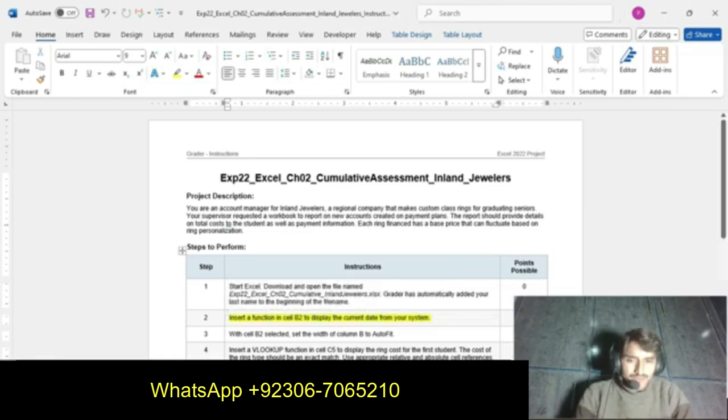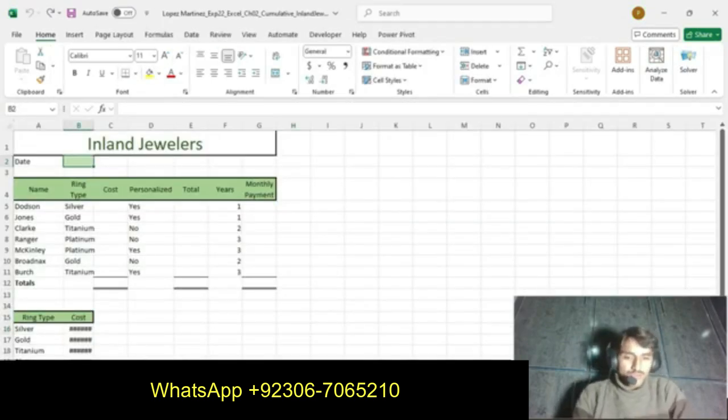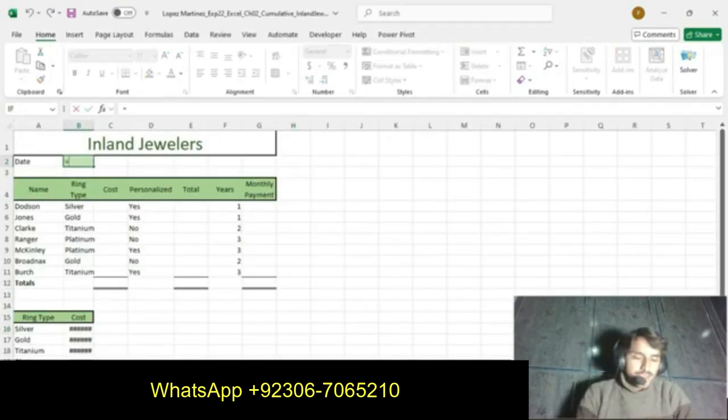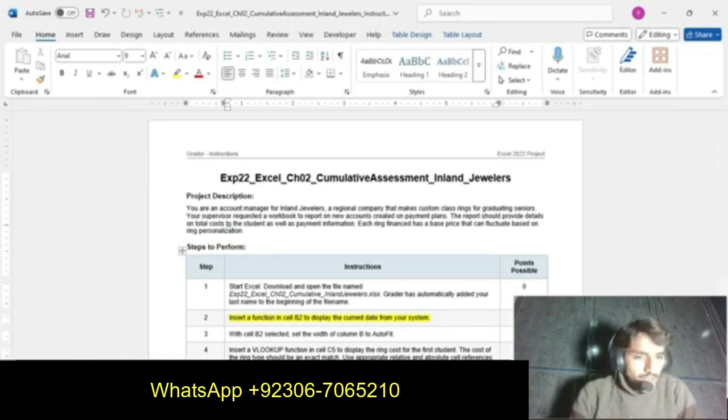Insert a function in cell B2 to display the current date from your system. So first we go to cell B2 and press the equal sign. Then it says display the current date from the system, so we use the function which will give us the current date.